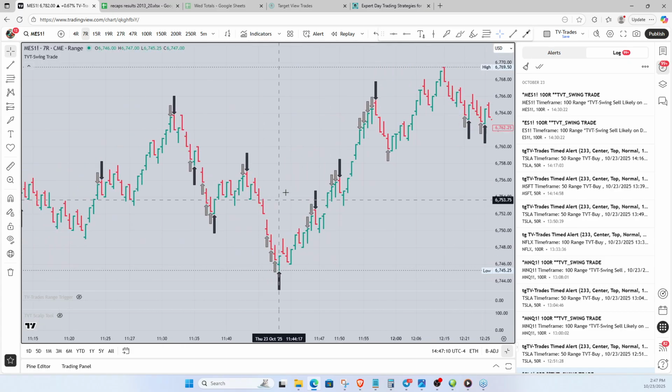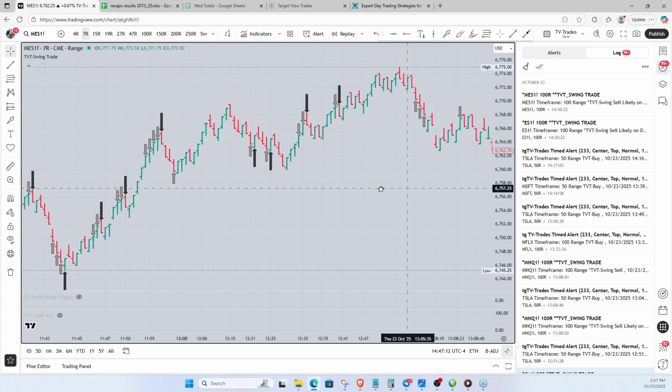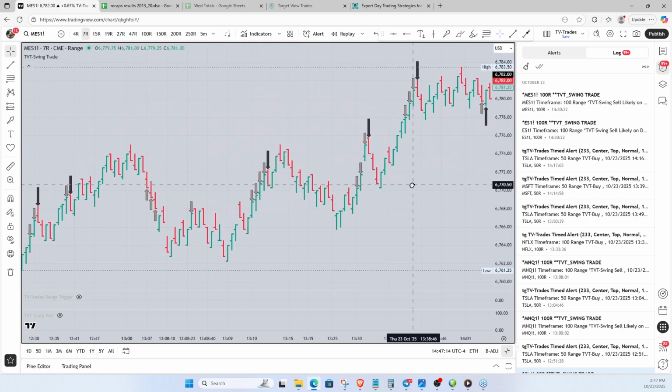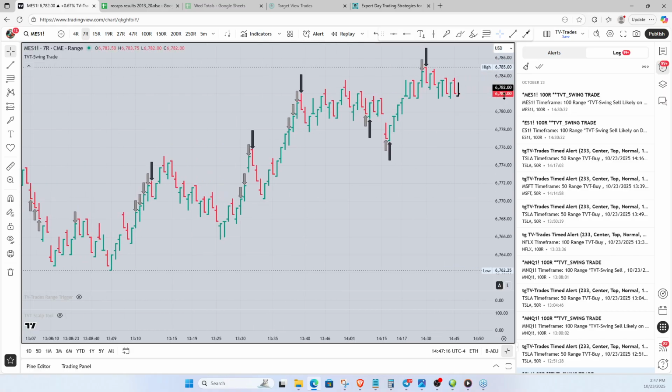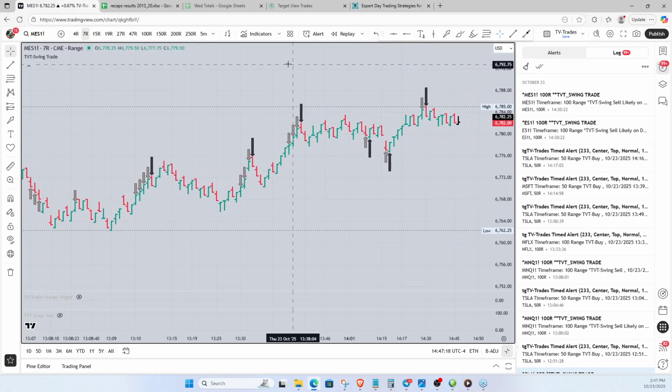But you can use it on anything you want. But this is by far the easiest one that we have because you don't need to do anything. You know, I just showed you how to set the alert. If you wanted to use the alert, you don't have to use the alert. But I just showed you how to set the alert on that if you wanted to do that. And by far, this is the easiest thing that we have.